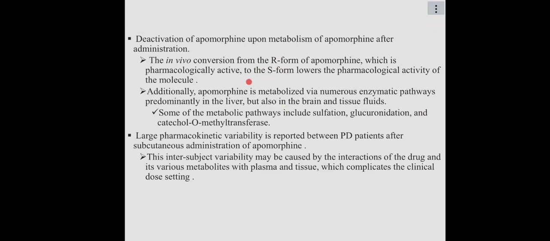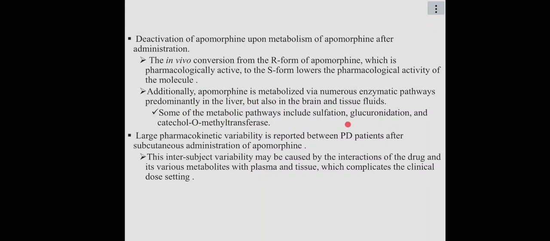So we are therefore saying there can be inversion of the stereochemistry, giving us the S form, which has lower or no activity. Also, additionally, apomorphine is metabolized by numerous enzymatic pathways, predominantly in the liver, but also in the brain and tissue. So it also has a rapid metabolism. And once you have a drug with rapid metabolism, again it results in short duration of activity,